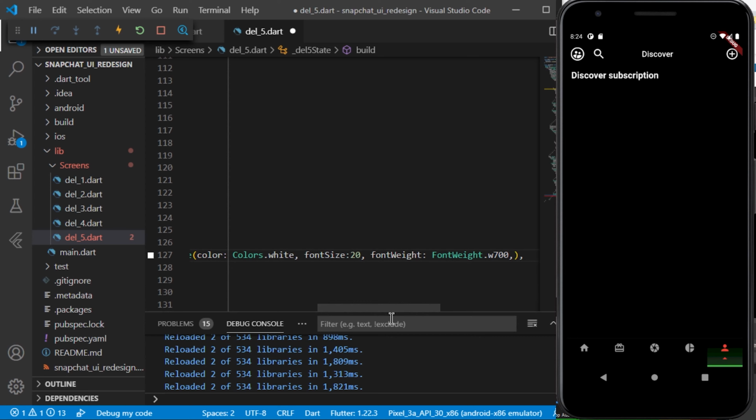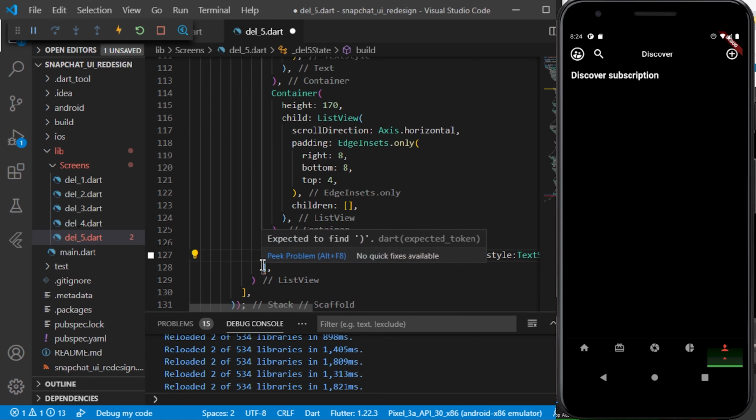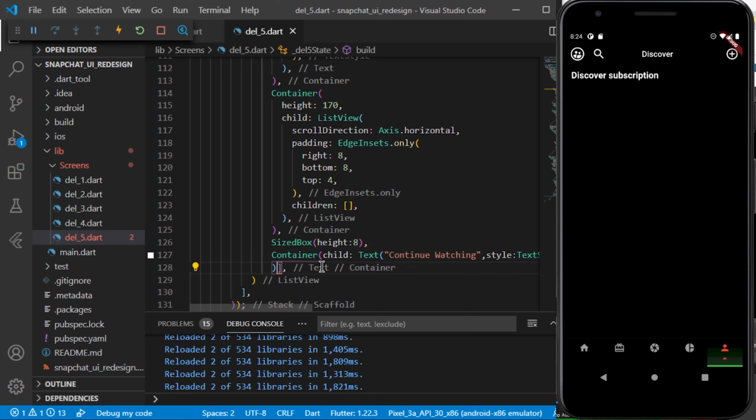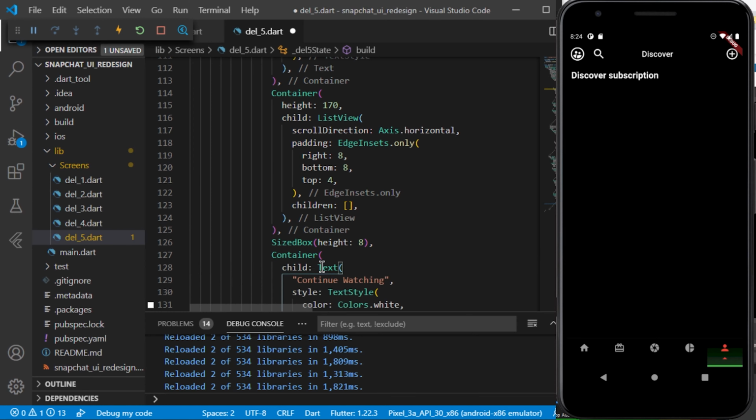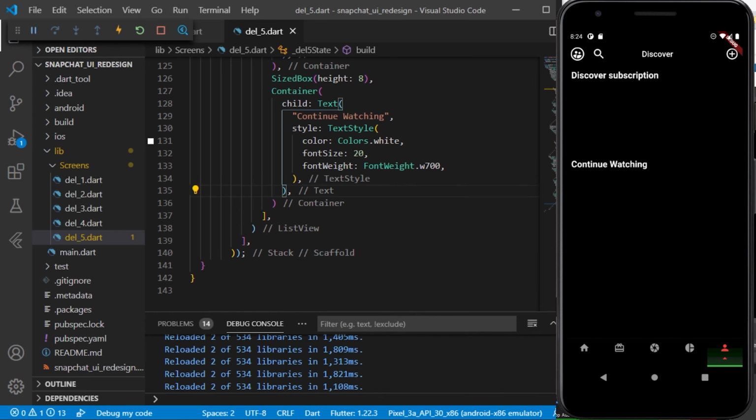Just removing the typo errors which occur due to the negligence of a bracket, adding commas so that the code appears in a better format.